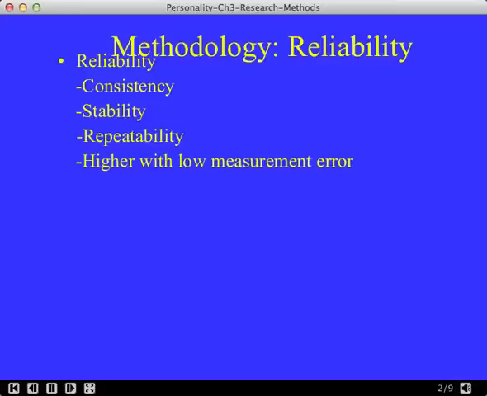Measurement error is the effect of extraneous influences that cloud or lessen the ability to see the trait or state you are trying to measure. The less measurement error, the more reliability. If you are interested in measuring a person's current mood or state, then the fact that this person just got a traffic ticket or just won the lottery is relevant and not at all extraneous. If, however, you are interested in measuring this person's general level of emotions or a trait, then these sudden events are extraneous and a more routine day is necessary.